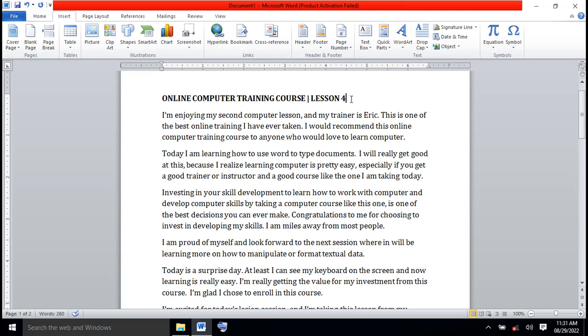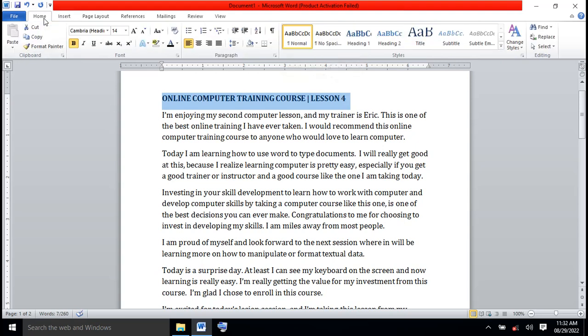It's easy. Number one, you highlight. We learned how to highlight. Click at the end of the heading or at the beginning. Hold down the left mouse button, then move your cursor toward the direction you want to highlight. All right, it's highlighted. So now you go to home. All right, and then you come here. These are what we are calling